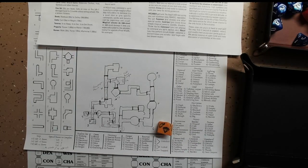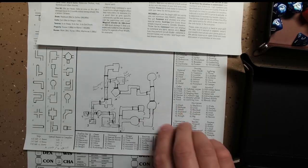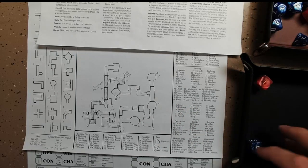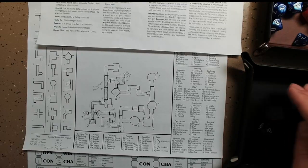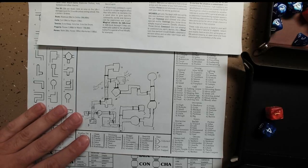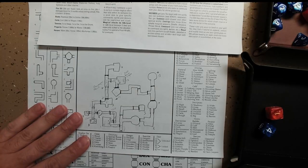So it's a necklace, and is the necklace magically endowed? Let's see. It is. Okay, so 4 to 1. One is no. Four is yes. So I'm going to say it's a necklace of protection. Let's say, yeah, let's say it's